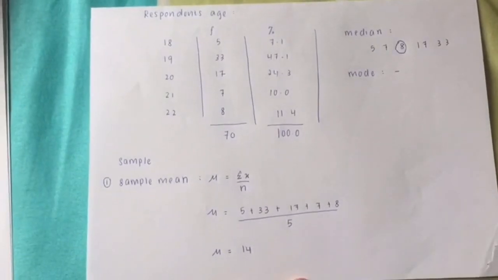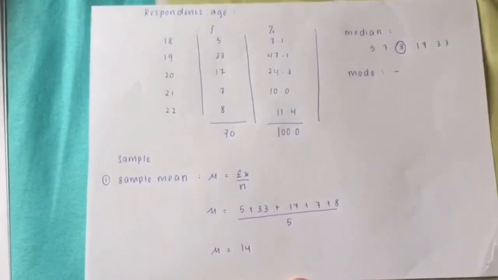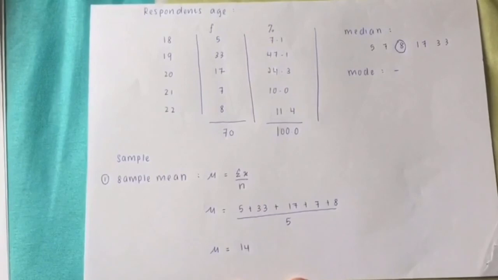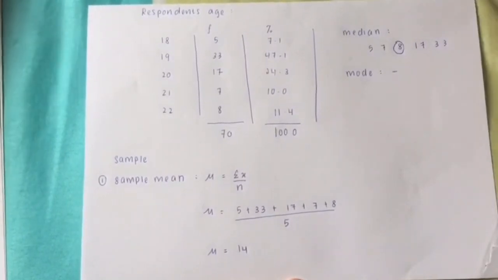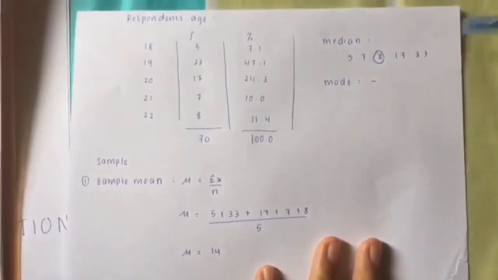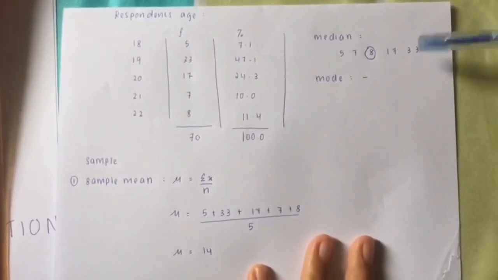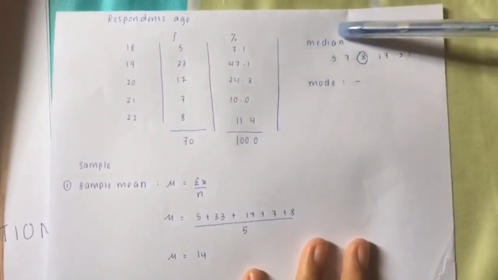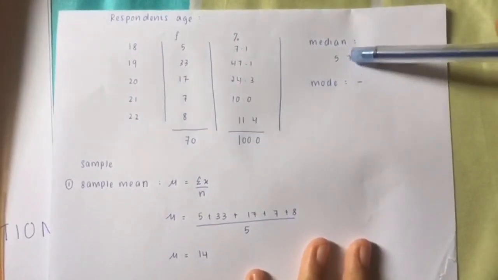And then next, as for the median, the median is the middle data. First thing first, we need to arrange the data in ascending order, from the smallest number to the biggest number. And since this is odd data, we just take the middle